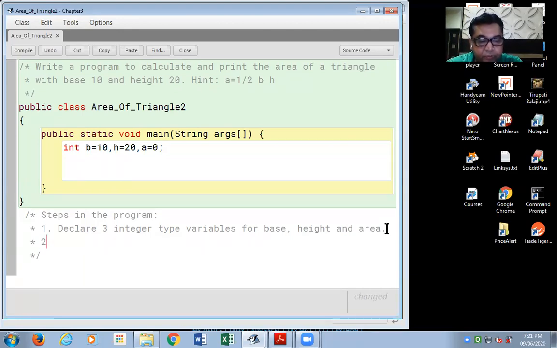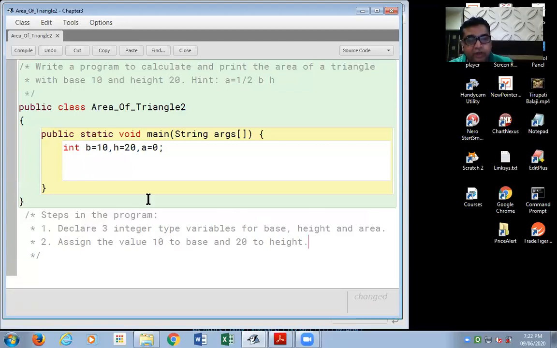Second step, assign the value 10 to base and 20 to height. Have you got this step, please? This explanation, the second step. Now these two steps, declaring the variable and assigning the value, step number 1 and 2, we have done it together over here,